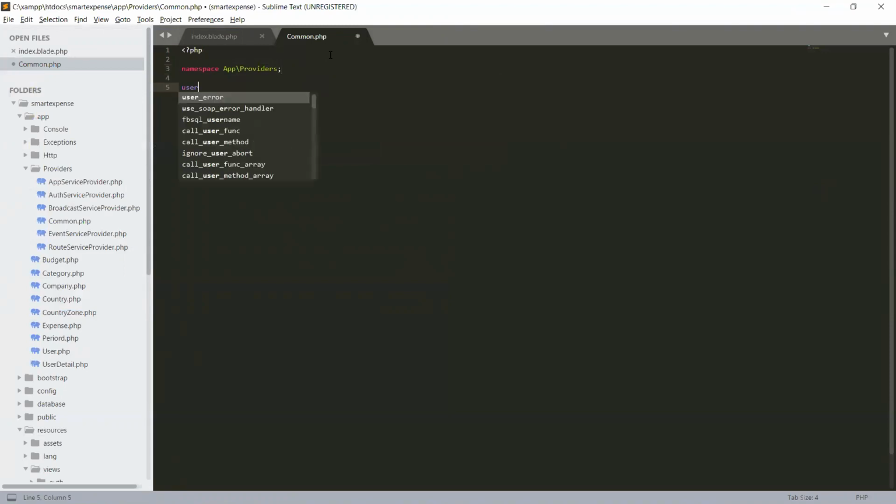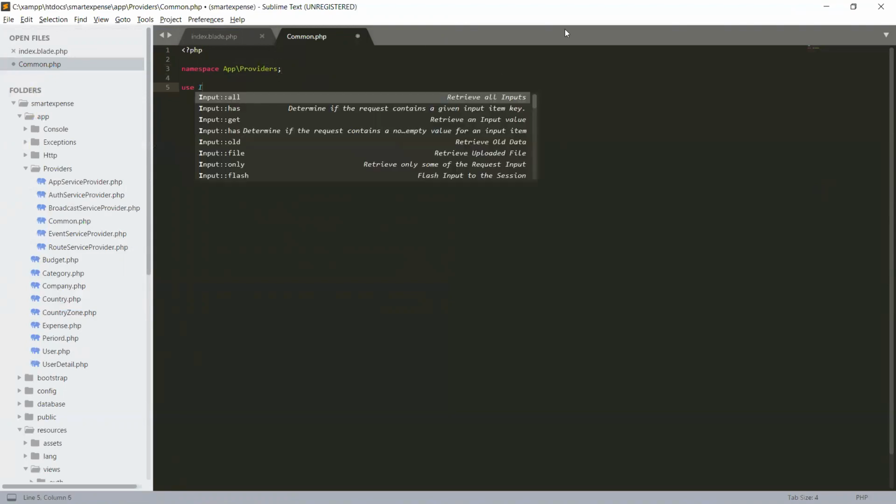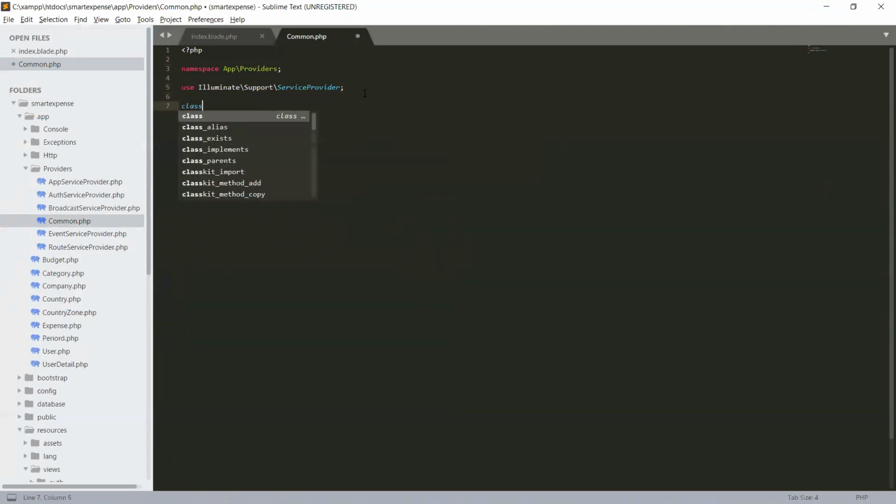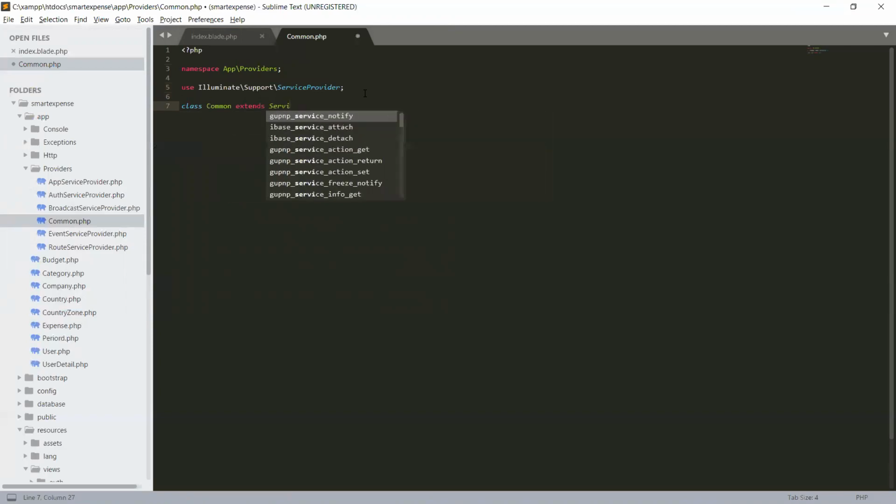We will use Illuminate. Let me copy this one from here and paste it. So we'll use Illuminate Support Facades, and we'll create a class which is Common, and it will extend the ServiceProvider.